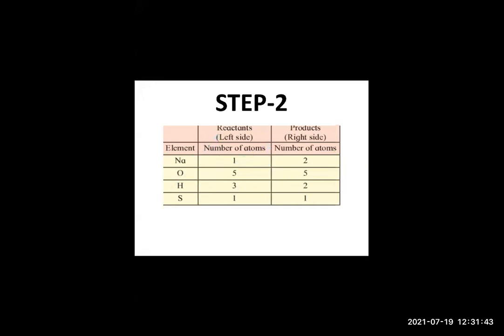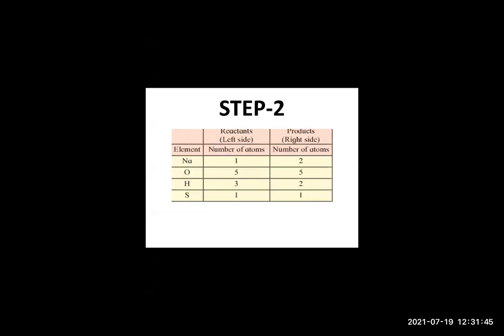Now you have to tell me. Suppose you want to balance it. Initially, there is 1 sodium on the left side. So to make it 2, what can we do? Those who know step 3, you can write in the chat box, then I will show you step 3. Yes, very good, Akansha, multiply by 2. Because 2 ones are 2, right? So here 1 can be multiplied by 2, right?